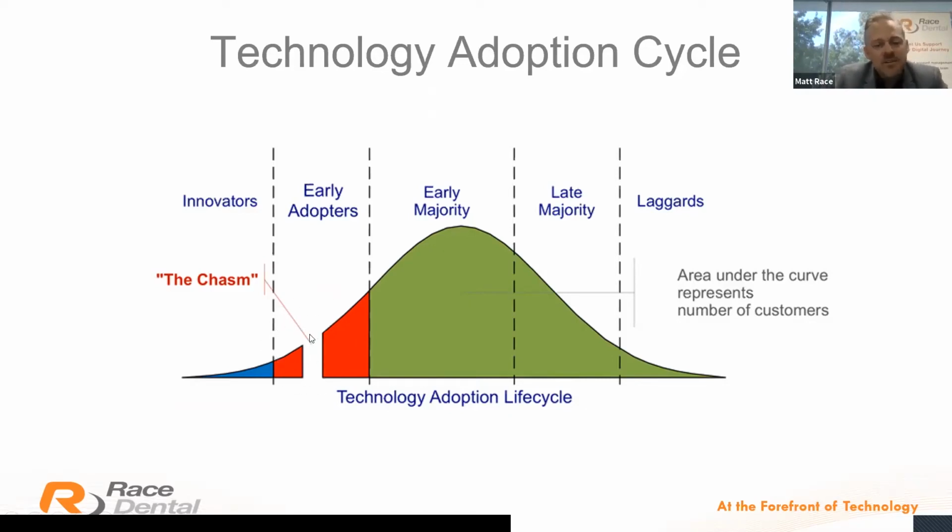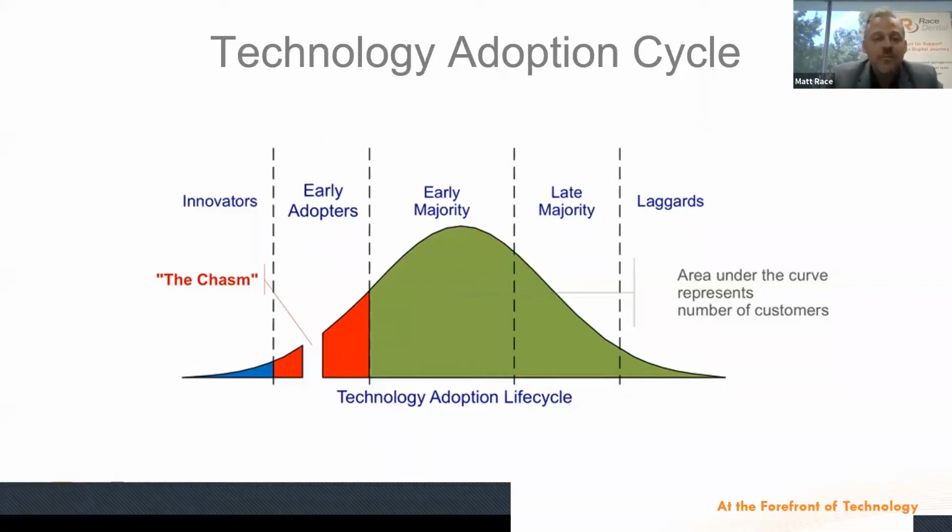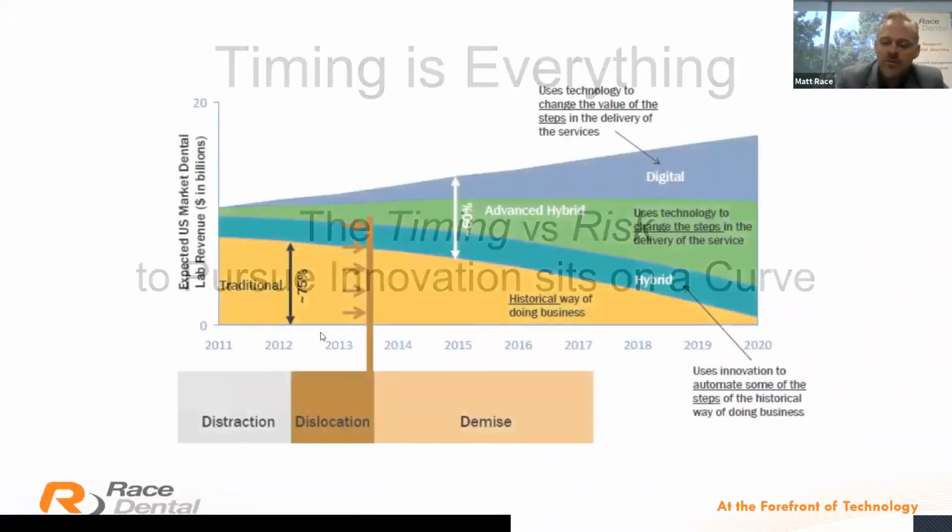And the chasm here is a little disconnect that we see, where people soon realize that technology can't do what it said it can do. The technology is being dominated by the marketeers, not so much the engineers. And once we get past the chasm here and we figure it out and the technology works,